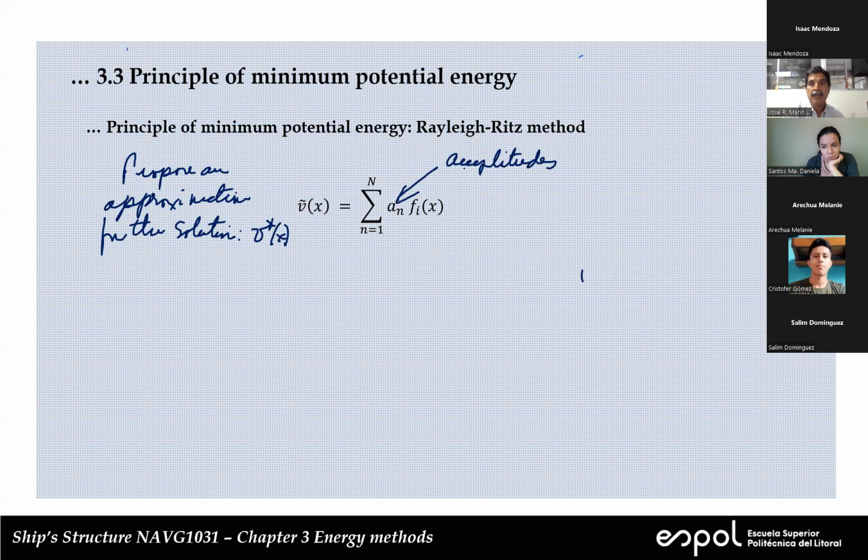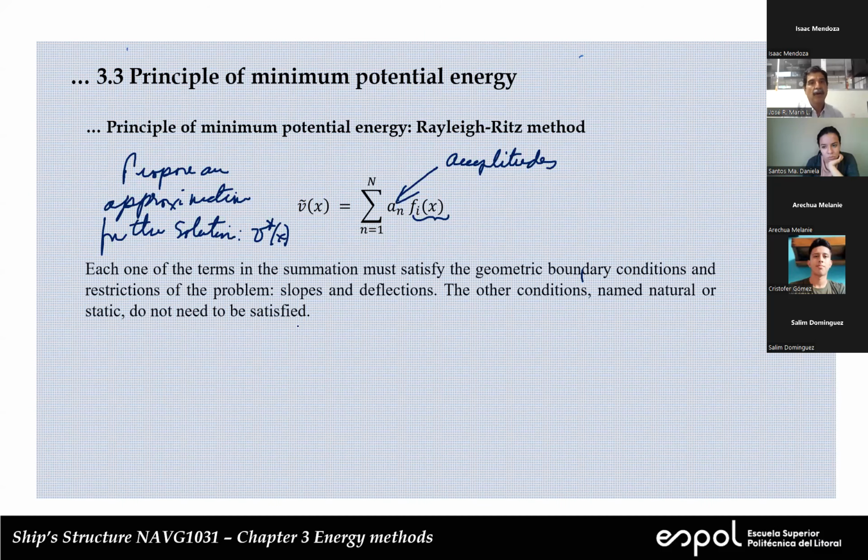But in the literature, there are many ways that they can be called. And this is like the proposed function. Now, this function has to satisfy the geometric boundary conditions, okay? So this is very important. Each one of these phi's has to satisfy the geometric boundary conditions. That means that if you have